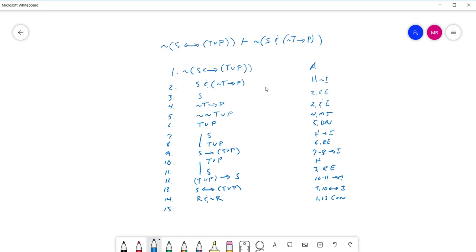So now all you have to do is negate your hypothesis. Two through 14, negation introduction, and you're done. Okay, so that's the tip, how to work with negated biconditionals, and there's a good chance you're going to experience one of those on the